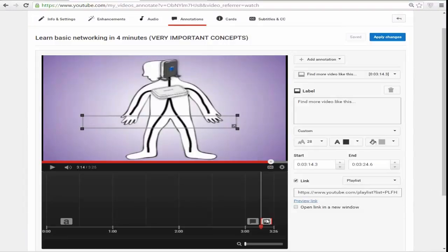I have tested it. This one should appear from here. Okay, you can use the other annotations, note and labels, etc., the same as the procedure which I have adopted in this video. You can change color, fonts, backgrounds, and whatever you like. Final thing, last word, you must apply these changes. Okay, I have saved my changes.